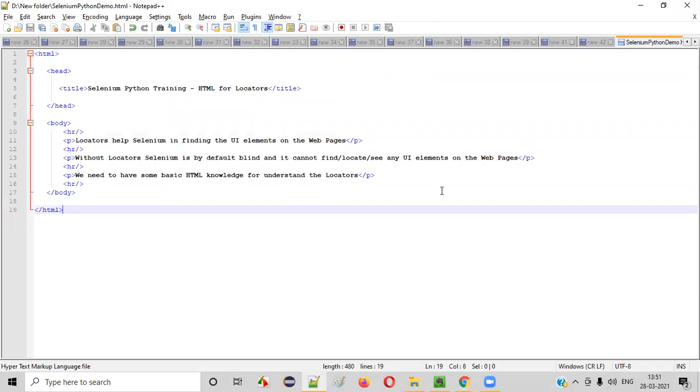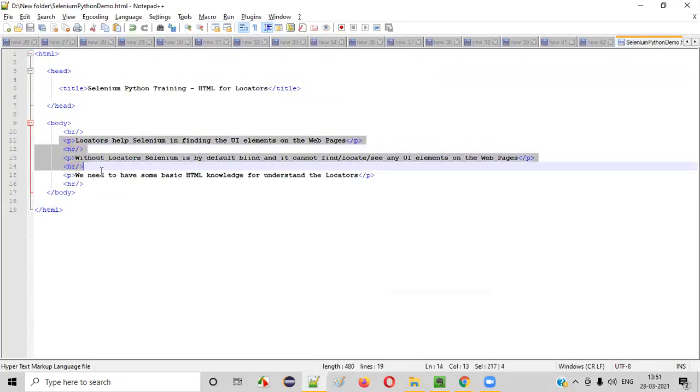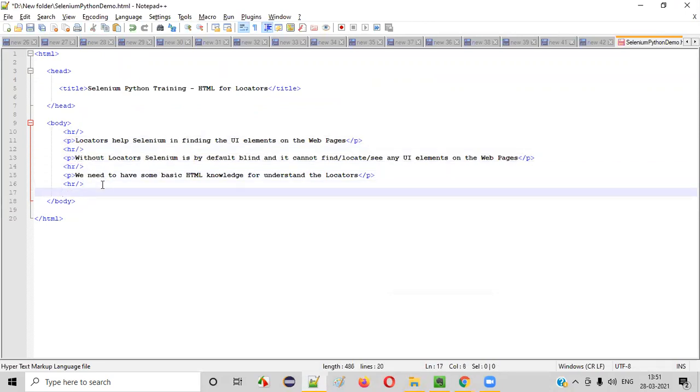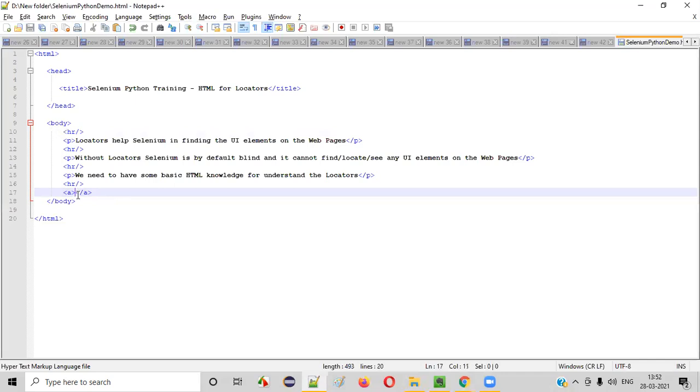Now, the next thing is adding the hyperlink. So far we created the paragraphs. Now let me add the hyperlinks. In HTML, if you want to create hyperlinks, we need to use anchor tags, guys. Anchor tag A has a starting tag and an ending tag. In between, I am not typing anything for now. So when I save this and refresh the page, nothing will be displayed, guys, because you have not provided the link text. Whatever text you want, you have to provide.